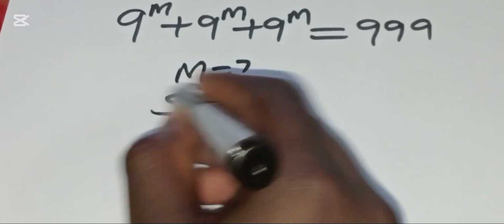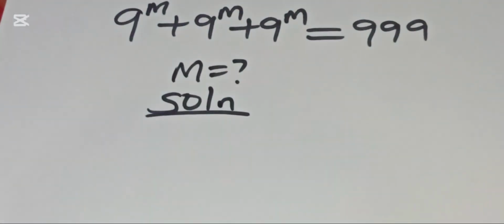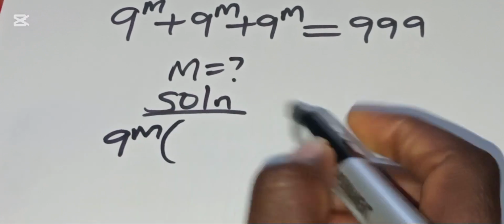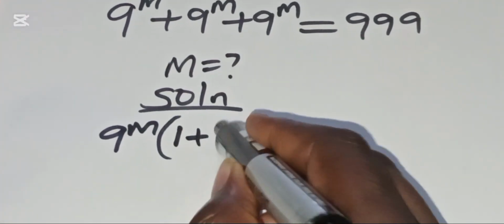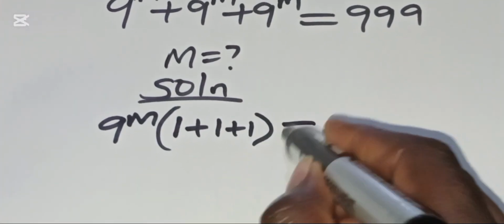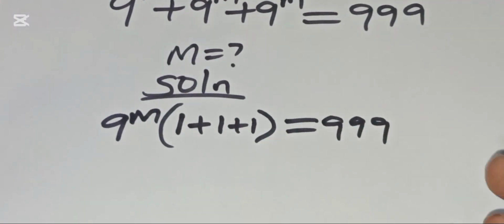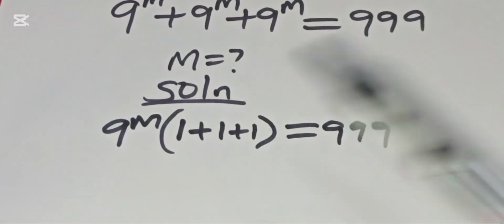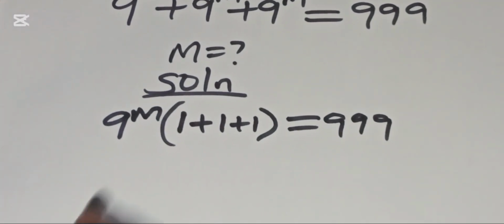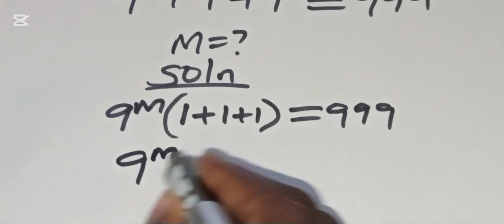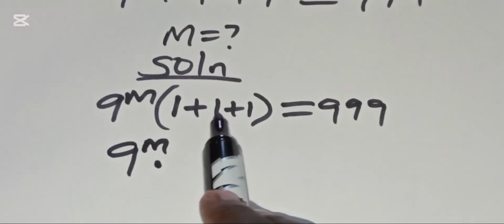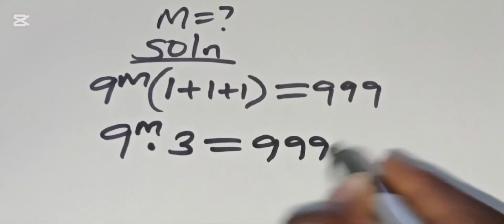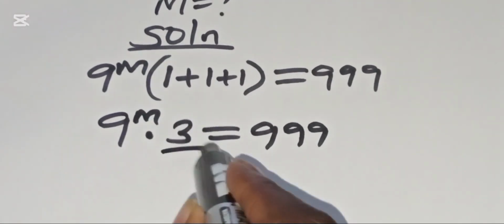So the solution to this: you find that 9 raised to power m is common, so we are going to have 1 plus 1 plus 1. We factor out 9 raised to power m, so we have 9 raised to power m multiplied by 1 plus 1 plus 1, which is equal to 3, and this is equal to 999. We divide both sides by 3,